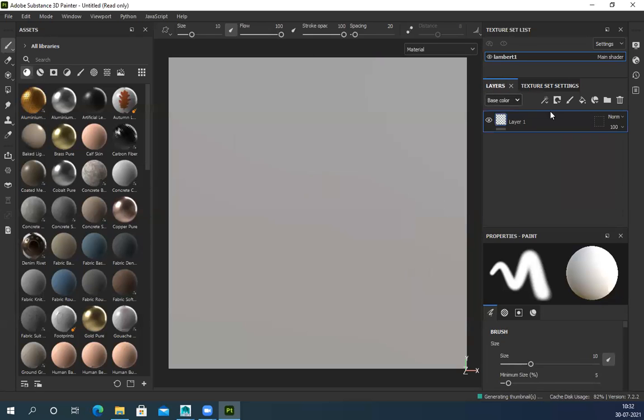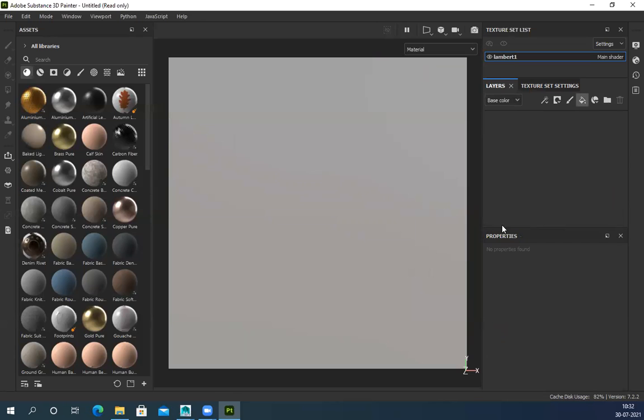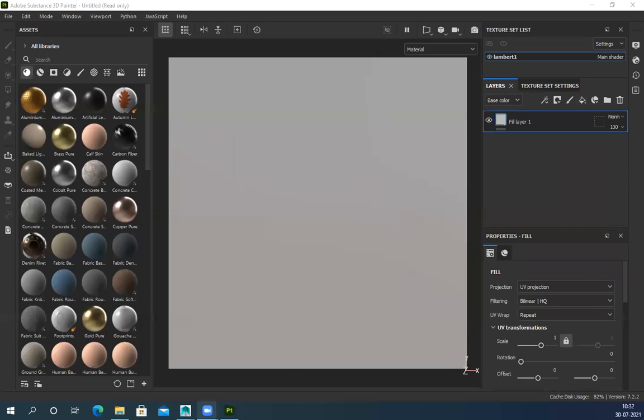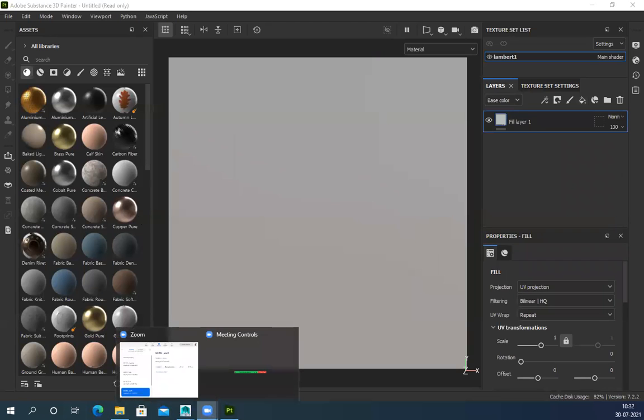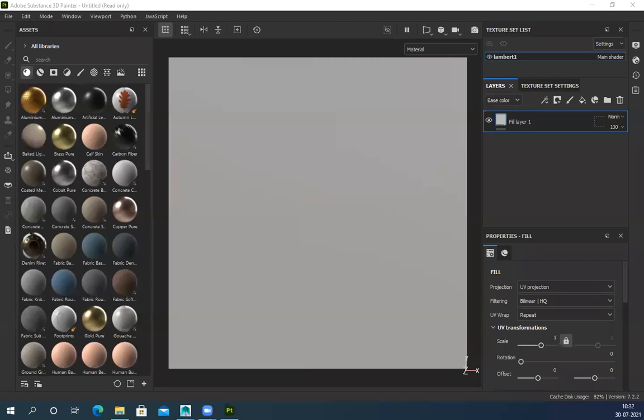Done. So let's delete this one, create a fill layer. And I have those textures I have downloaded. So I'll just open Bridge, so they can use those textures directly here.